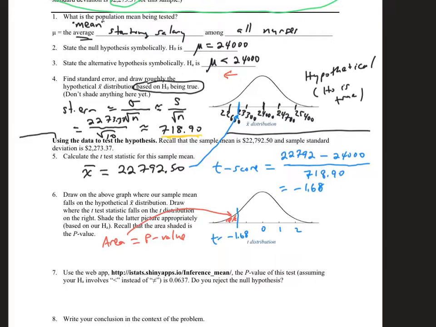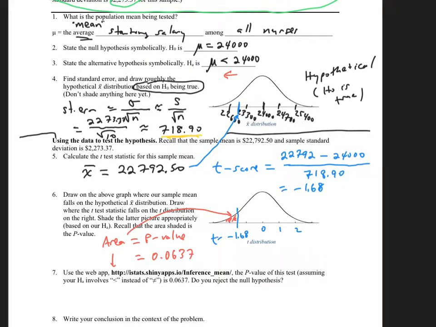And so that's why we just use technology to do the calculation for us. From the technology, and the link is given there beneath where I'm writing, we can put the information in, including our hypotheses and our data, and it will draw this picture for us, so we can be sure that its drawing matches our drawing, so we know we have everything set up correctly, and it'll tell me that my area is